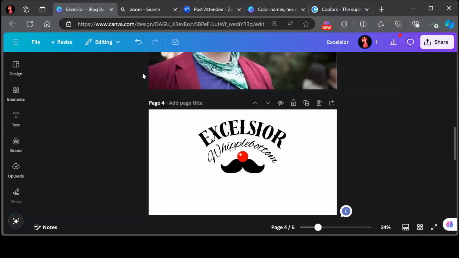Any other feedback about this? My only feedback is that I would play with the Whipple bottom font a little bit more, once you guys have time. Oh, okay, you don't like this one per se? That's just my personal feedback on it. I would just play with it a little more. What would you play with? What's bothering me is the way that it gets skinny towards the M and it's big towards the W,